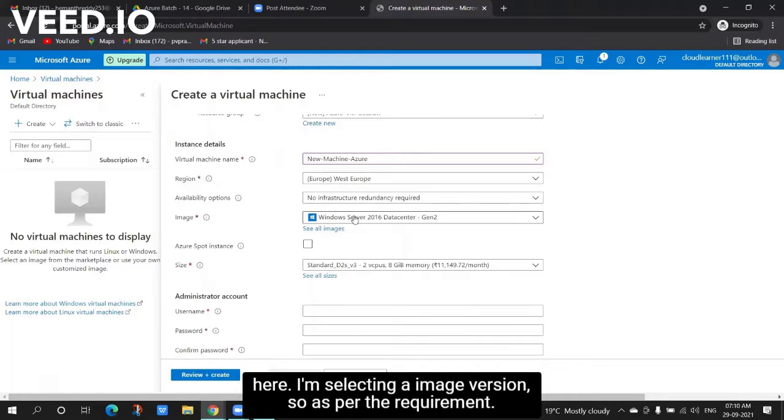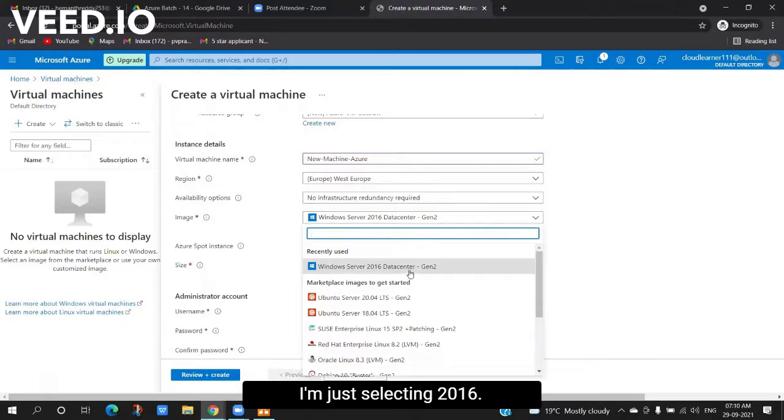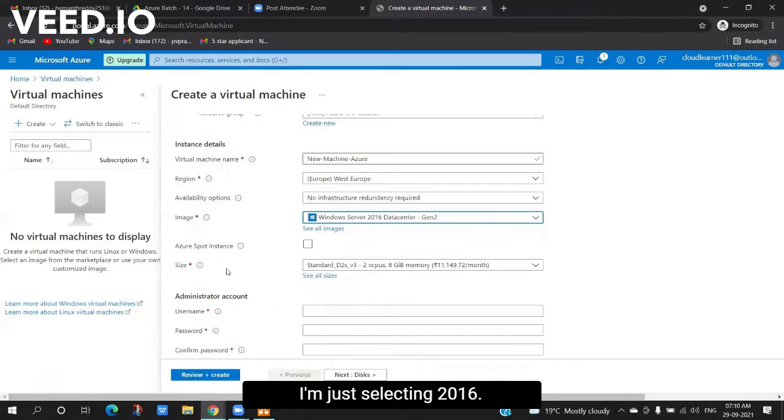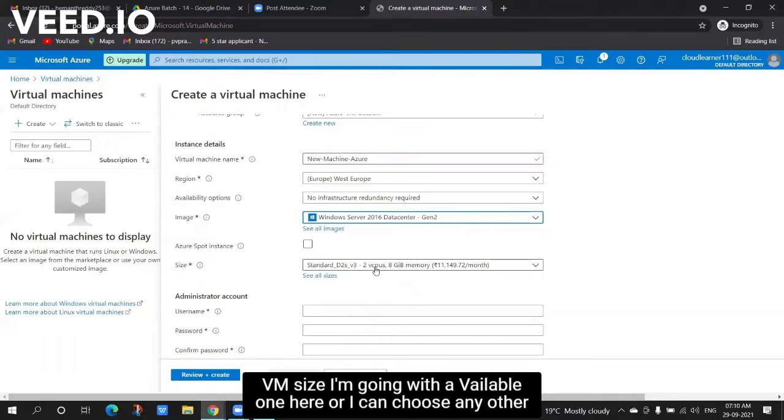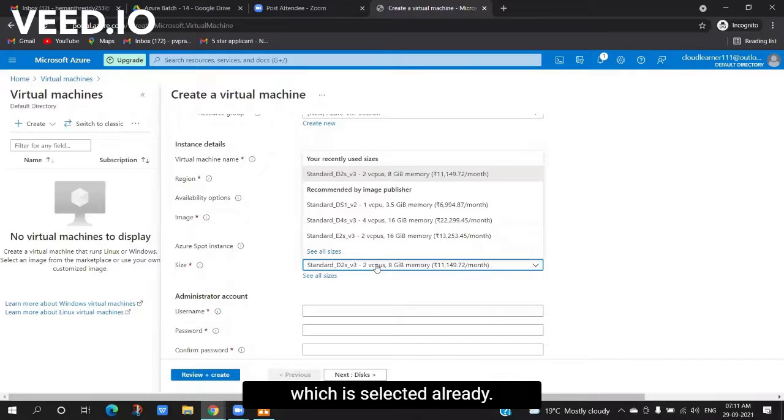Here I'm selecting an image version. As per the requirement, I'm just selecting 2016. For the VM size, I'm going with the available one here, or I can choose any other VM SKU type as well. But for now, I'm going with the one which is selected already.